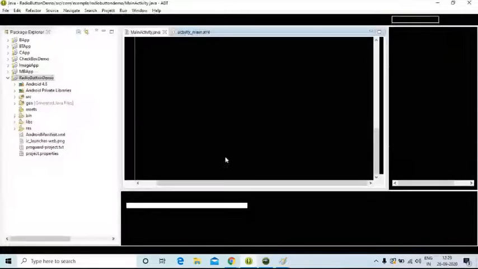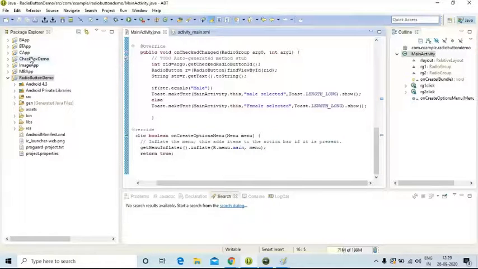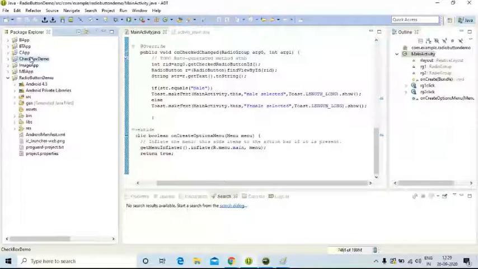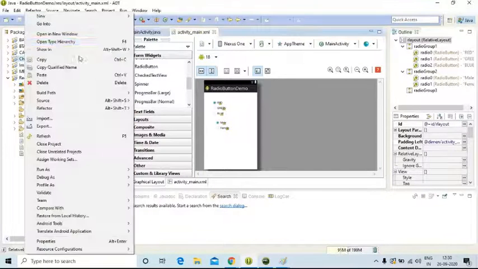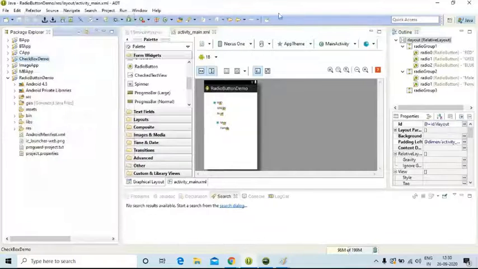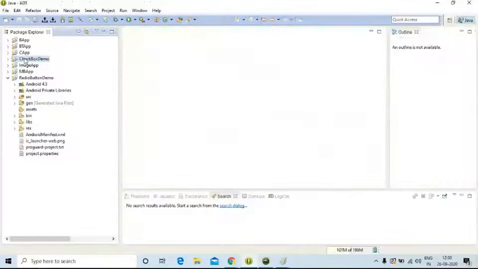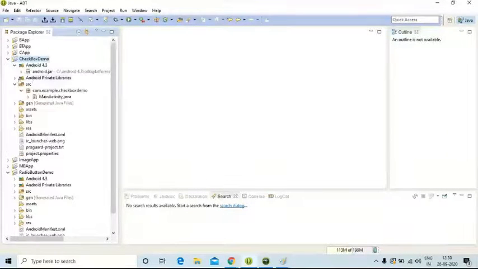I created a checkbox demo application. Instead of typing, to cover more applications as a part of our program, I am directly opening the already existing program. You can check this design, just the layout. First I am opening the checkboxes. I already created the application and I will demonstrate this.